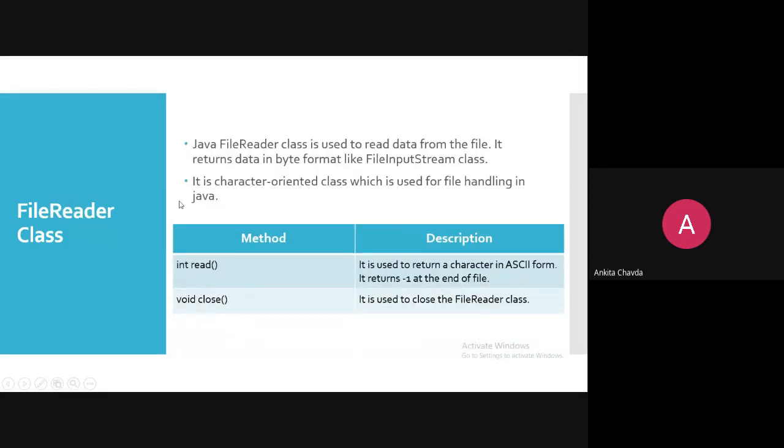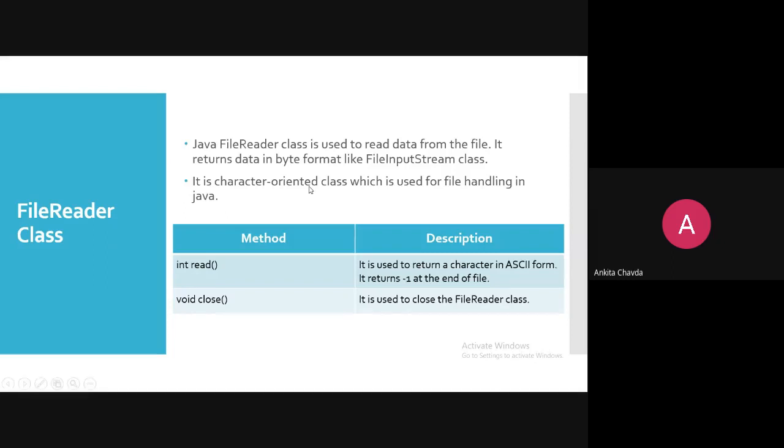Then file reader. Java file reader class is used to read the data from the file. It returns the data in byte format like file input stream class. They are very similar. Java file reader class is used to read the data and it returns the data in byte format. So the return type is integer here, right? But it is a character oriented class which is used for file handling in Java.